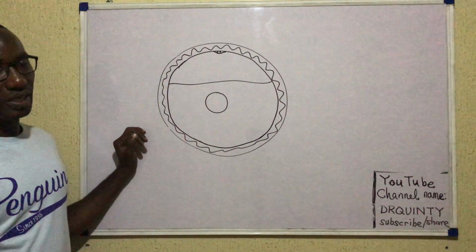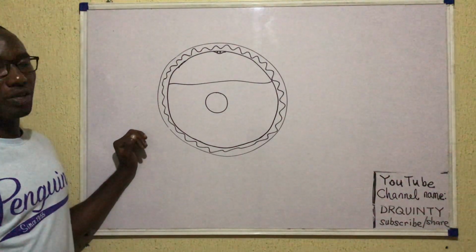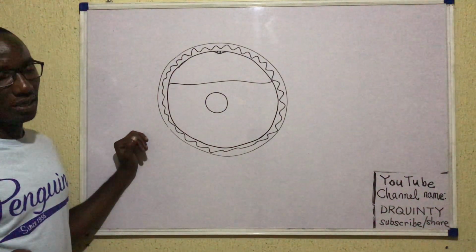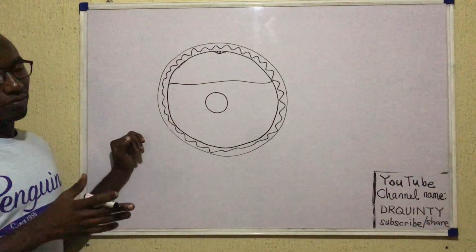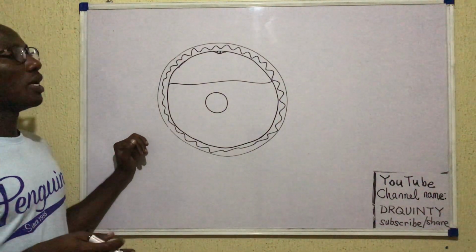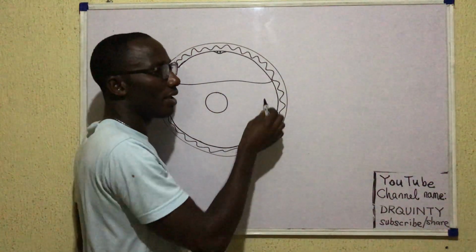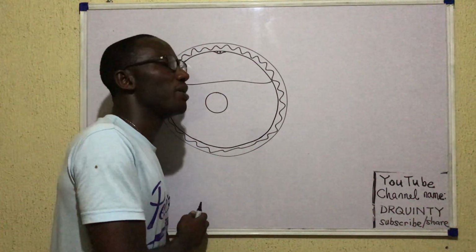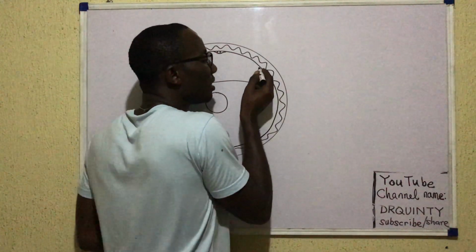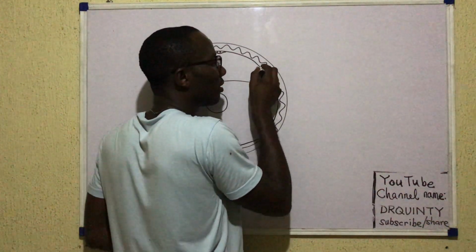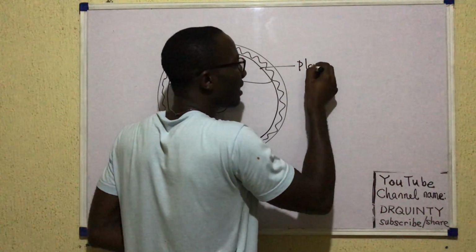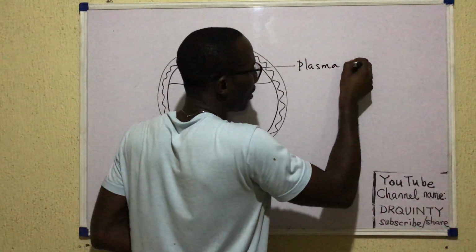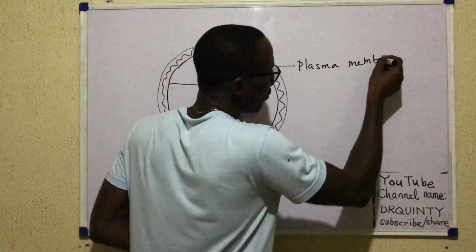Now, looking at this egg, I'll tell you the basics. Whether you're looking at this egg or some other egg in the future, the basic information is the same. A human egg is surrounded by two major membranes. This innermost membrane here is referred to as the plasma membrane, which is like the cell membrane you normally have